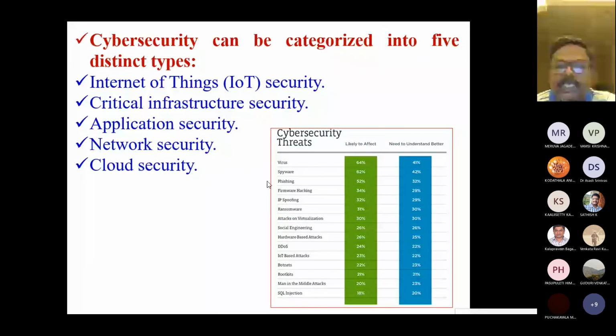Virus stands for vital information resource under seas. Then spyware, 52%. Phishing, 52%, and firmware hacking 34%, internet protocol spoofing 32%, ransomware 31%, attacks on virtualization 30%, social engineering 26%, hardware based attacks 26%, denial of distributed service 24%, internet of things based attacks 23%, botnets 22%, rootkits 21%, man in the